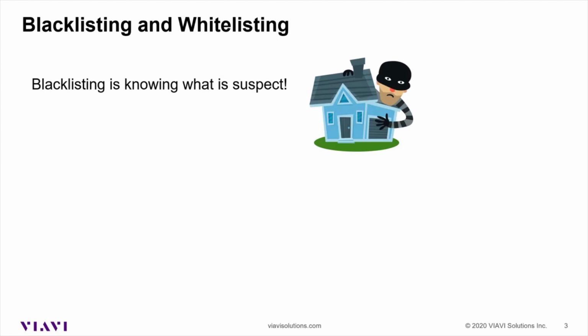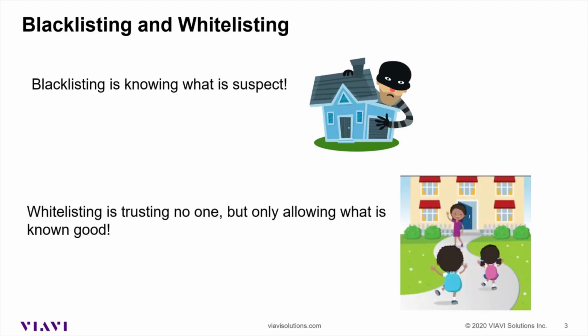Blacklisting is a database of known and suspected bad actors. Blacklists detail known malicious or suspicious entities that shouldn't be allowed access to or running in a system or a network. Whitelisting is based on a zero trust principle, essentially deny all and allow only by rule. With whitelisting, you configure a list of acceptable entities, users, applications, devices, stuff like that, that are allowed access to a system or network, and block everything else.